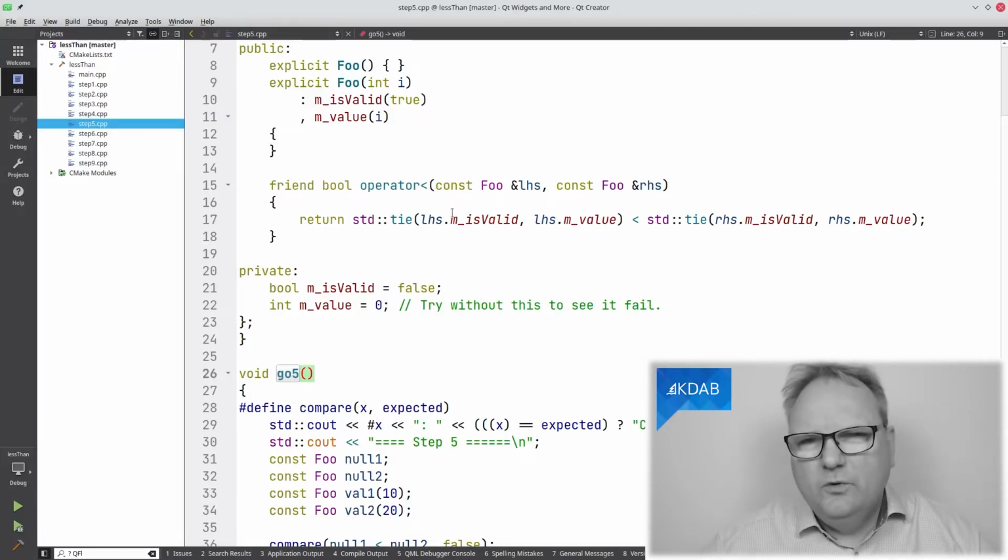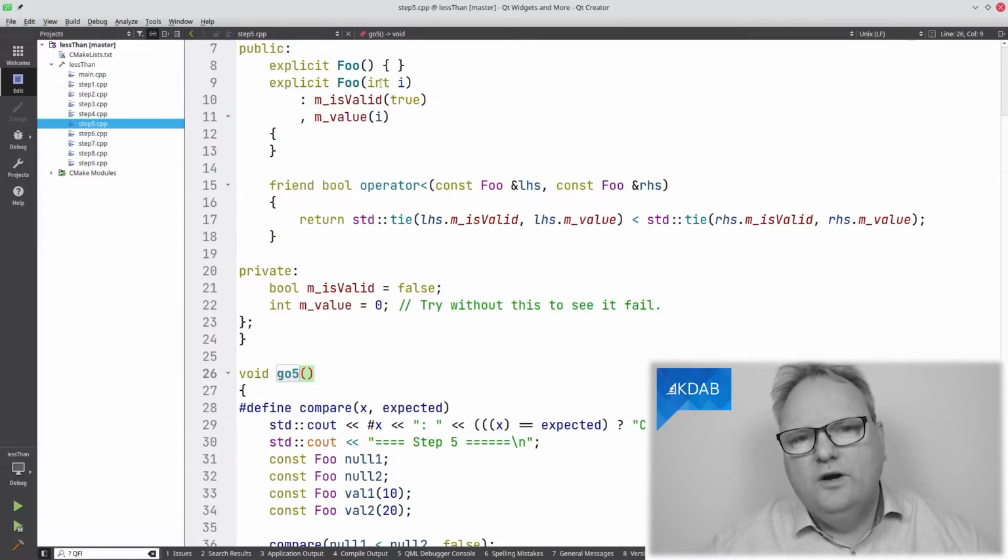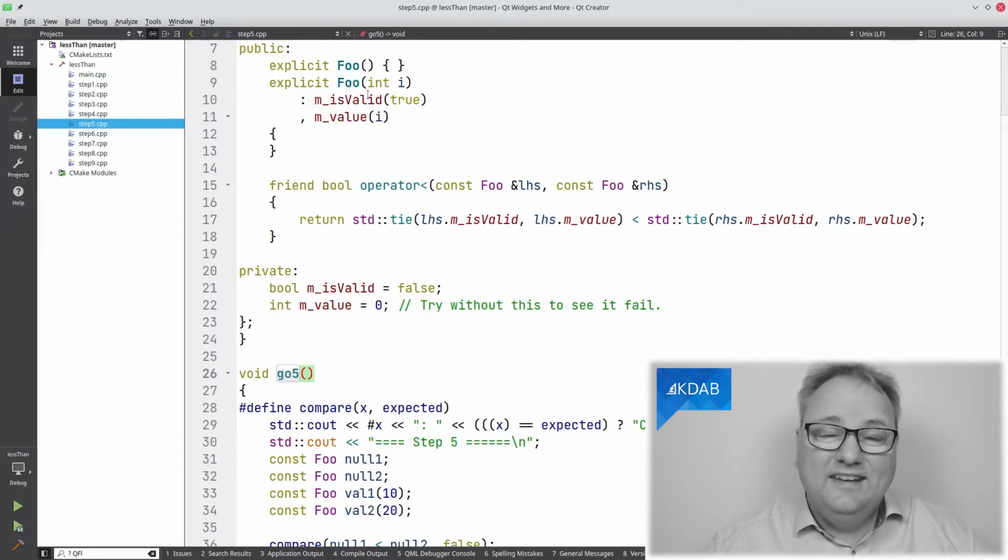And it worked for this case here, because the only way I can construct my partial date or my foo object up here is by two constructors, one giving the value and setting it to true, or one not giving anything and using the default false. But in general, had I had a way of doing something else, I would actually not have been able to use the std::tie.